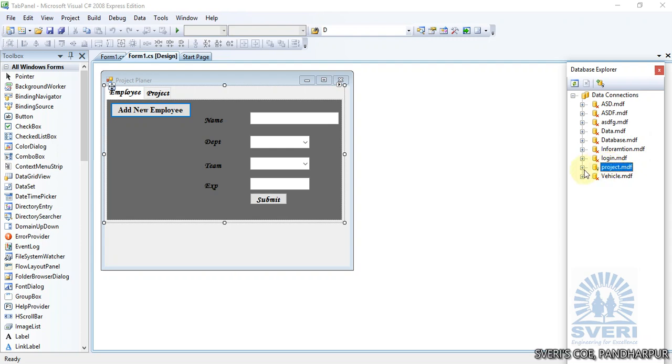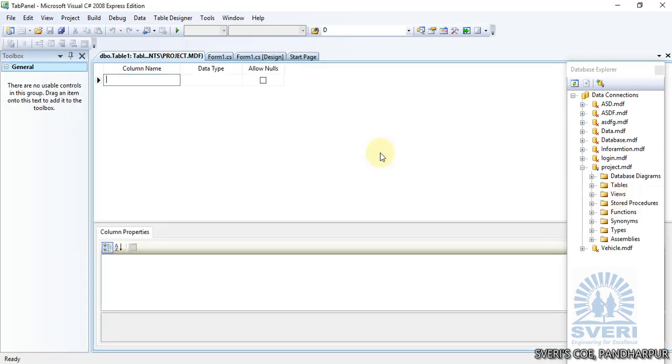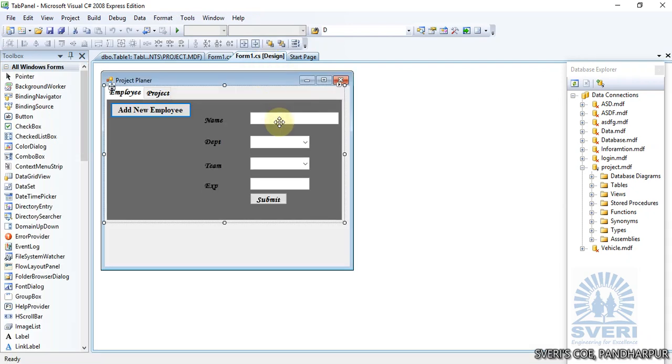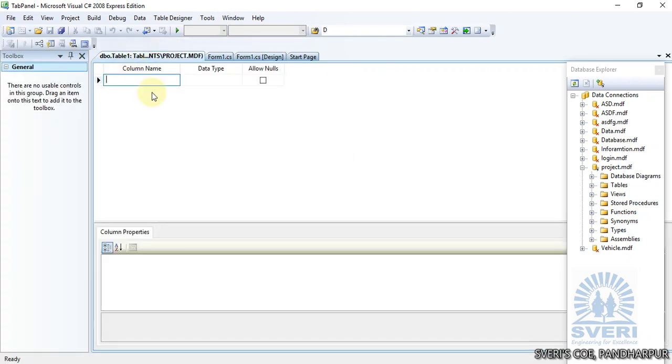We need to design a table to store the information of an employee from your project planner. For this, add a table. Click on your project database, select Tables, right click on Tables, and Add New Table, which will store the information from your design form. We need a table which will store the information as name, department, team, and experience. So the first column we will design as name